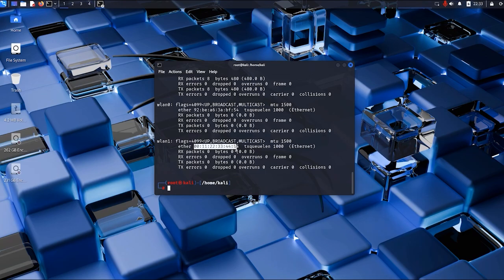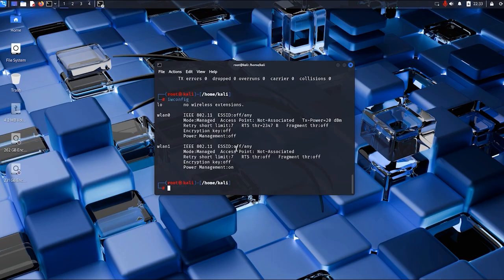So let's type iwconfig here to check our network adapter modes. As you can see, the wlan1 interface that we are going to use in packet sniffing and all the stuff is in managed mode, and as I have told you, managed mode is used only for accessing the normal internet, browsing and streaming videos, and we have to change it to monitor mode as we have discussed.